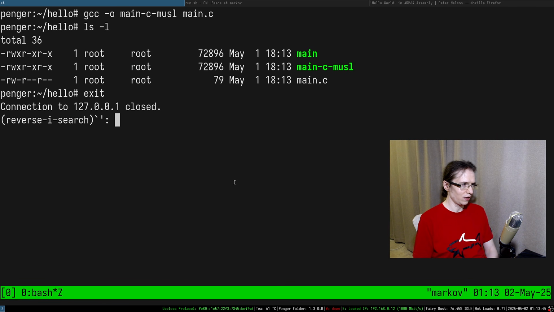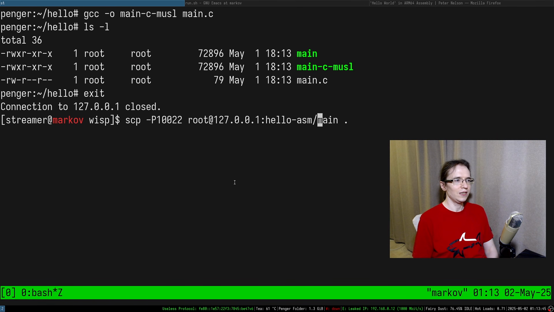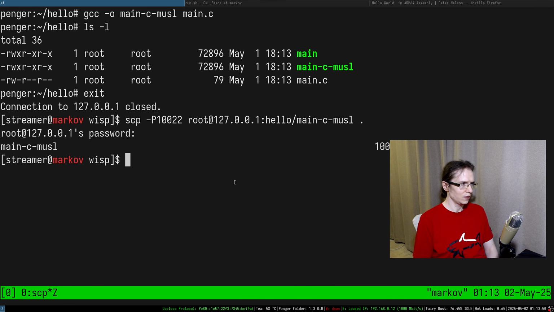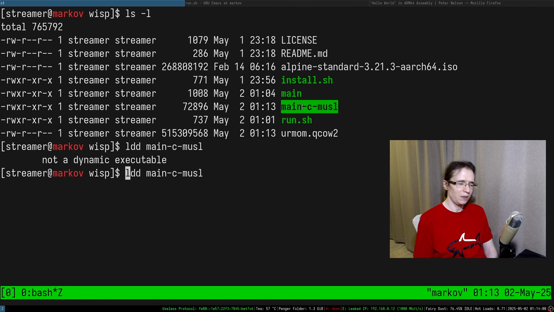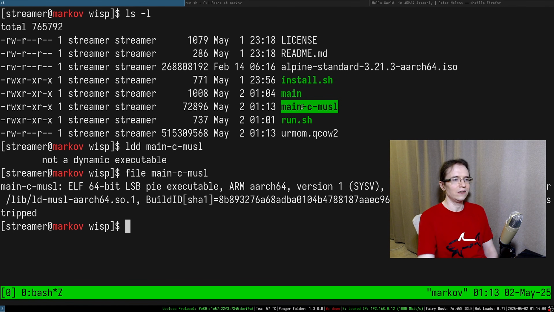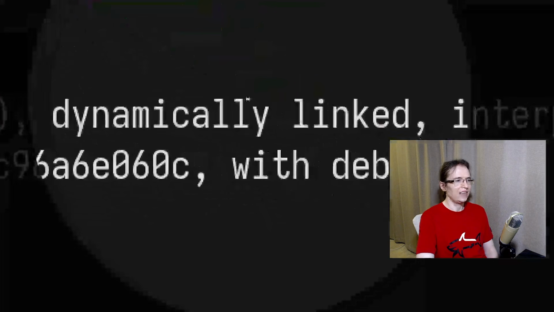The reason I do it like that is because now I'm trying to get it out of here. So here is an executable. It's a little bit bigger, but it also depends on musl. Yeah, so it's dynamically linked.